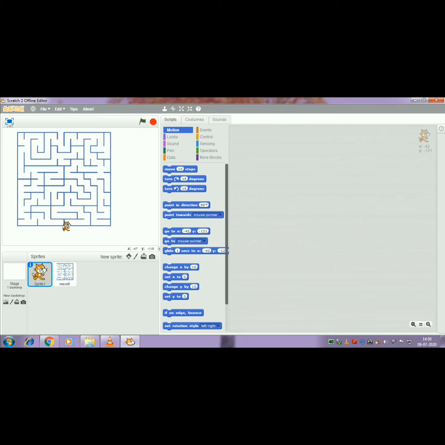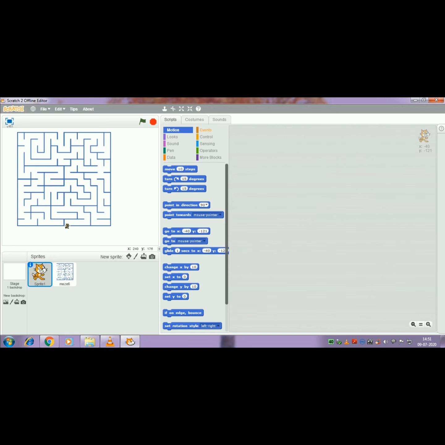We want to move our cat around when the player presses the arrow keys on the keyboard. So from the brown events category I am going to grab the when green flag clicked block. Where is this block available? In the event category.